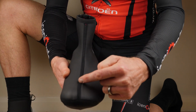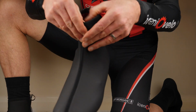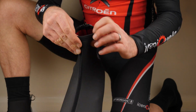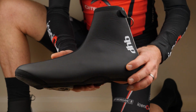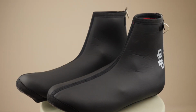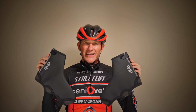And they've elected to put the manufacturing seam straight down the middle, which, although it looks like it's well sewn and it's quite nicely taped on the inside here, it does concern me that having a seam right down the middle might lead to some sort of water ingress as the boot gets a bit older. But otherwise, I think that looks like a really nice overboot, well manufactured and made, and it really looks quite stylish. So there you have it, my DHB Extreme winter boots at what I think is a great and economical